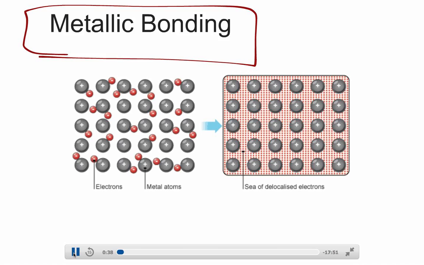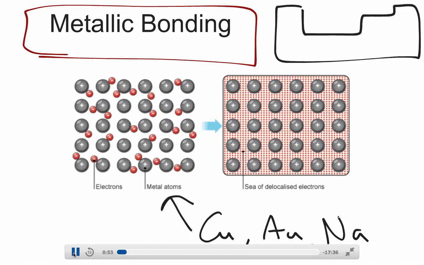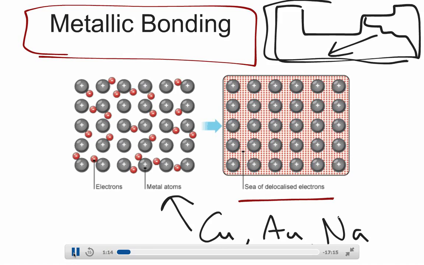When we think about metallic bonding, these are metal atoms of the same element. So these could be, say, copper, gold, sodium, anything to the left of the zigzag line. If I have my little periodic table here and take my zigzag line, really all of our metals, when they bond to themselves, when we have solid copper, solid sodium, potassium, magnesium, anything, this is how it's bonding to itself. Metal atoms bond to themselves through delocalizing their electrons.